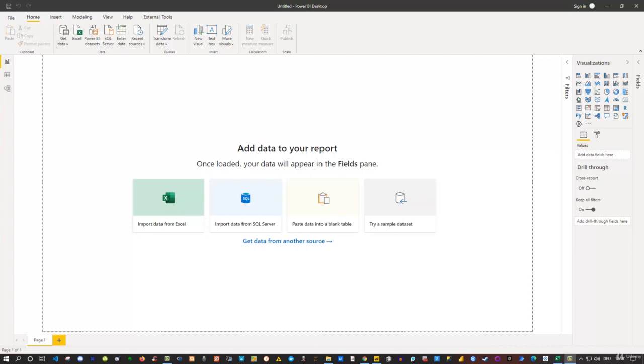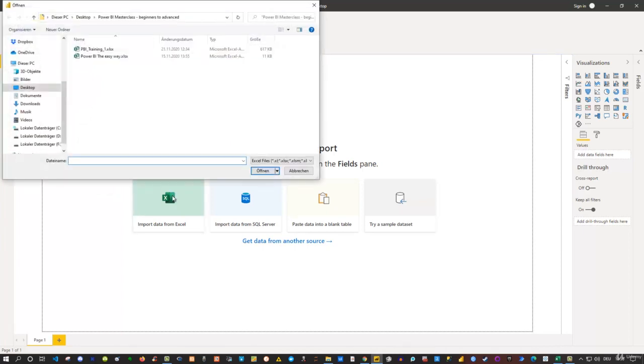So in order to import the data, we have various options. We already know that. We can either go up here and click on Import Data from Excel, or go to Get Data and also import it from Excel. Or click on More and wait for the pop-up window, the navigator, and then just specify what kind of data source you want. So for me, I simply click on Import Data from Excel here,